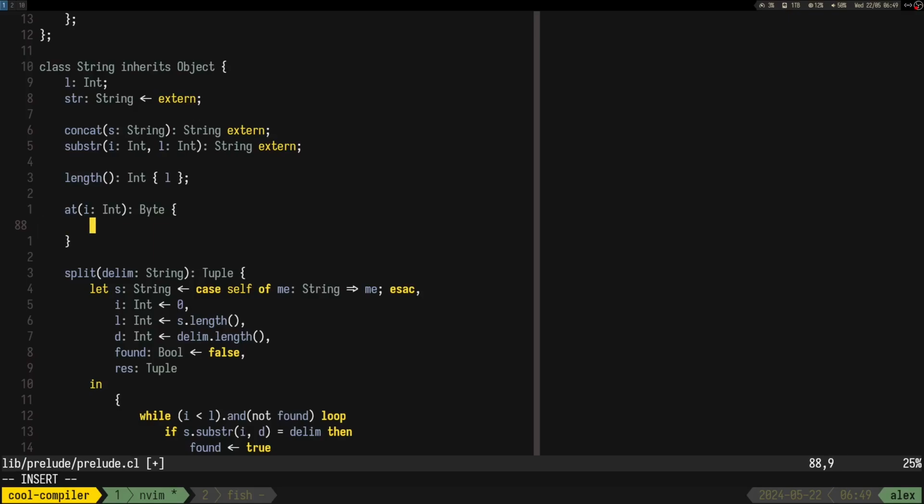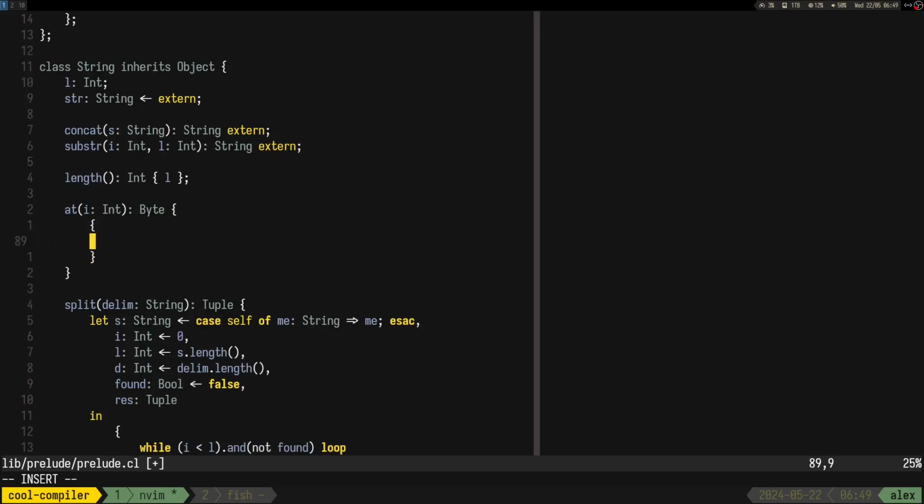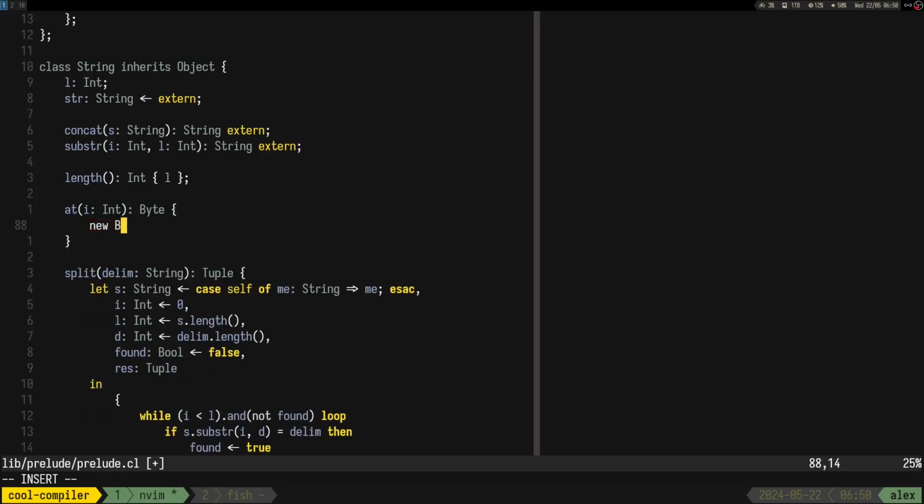So what it has to do is, well, I guess it's enough to just do new byte from string and then substr I1. Right, so that's at for you.